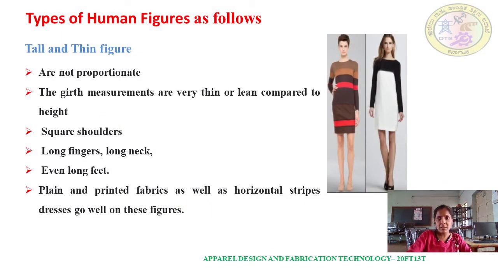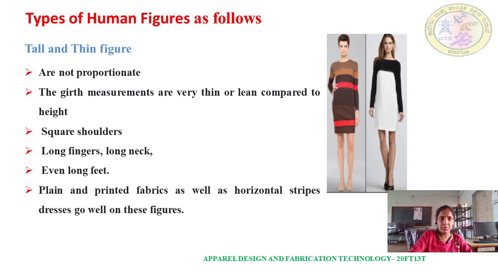The first type is abnormal figures. There are several examples which I gave you in the previous session. Now, the first one is the tall and thin figure. Here, tall and thin figures are not proportionate. Why are they not proportionate? There will be some abnormality in the figure. So in these figures, the circular or girth measurements are very thin or lean compared to their normal